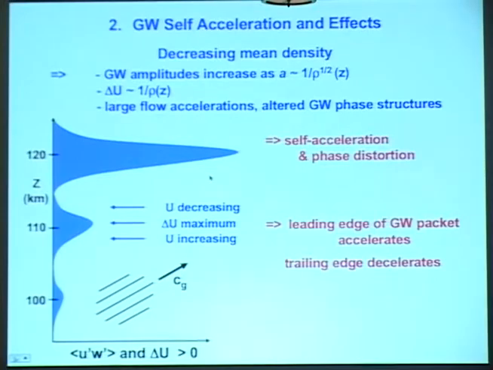But because a gravity wave packet transports momentum, and that momentum tries to be conserved if the wave packet is conservative, the incremental momentum being constant means that as density decreases, the delta U associated with that wave packet must increase as 1 over rho. So it grows twice as fast as the gravity wave amplitude itself. So as the gravity wave is growing towards instability, the induced mean flow that it drives, because of momentum transport, accelerates the flow that the gravity wave is residing in. So it basically causes a change in the phase structure of the wave with increasing altitude.